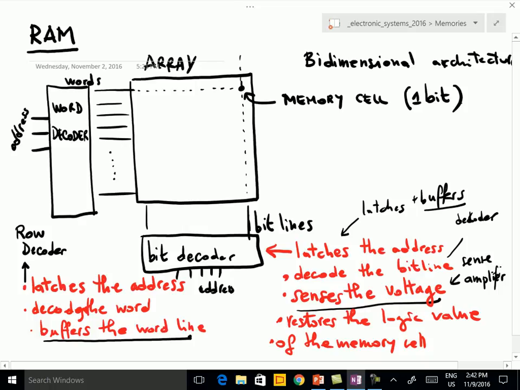And the important thing to remember is that at a given time only 1 word line is active and only 1 bit line is active, so that only the memory cell which is at the cross of the active word line and of the active bit line can actually be accessed. So it can be written or it can be read. Okay. Now,